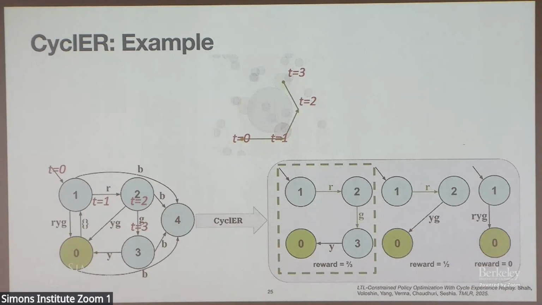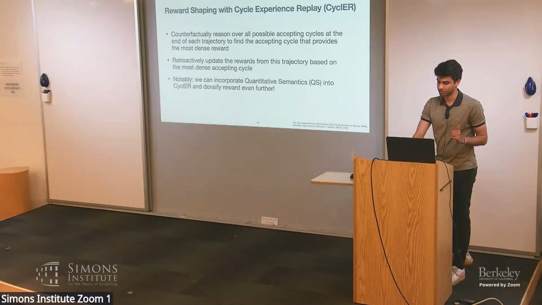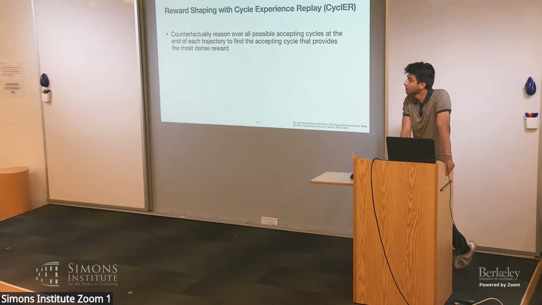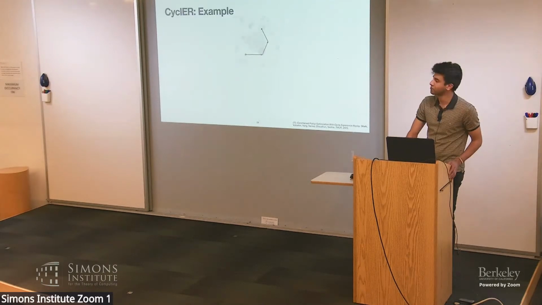Question? If you go back to the boat racing example you started with, it had figured out a way to hack the reward and collect those 3 green objects repeatedly. Wouldn't the strategy you just presented, where you look at progress towards the overall goal and discover those cycles which give you the most reward, end up discovering the same hacked behavior? So it depends on how you frame it.